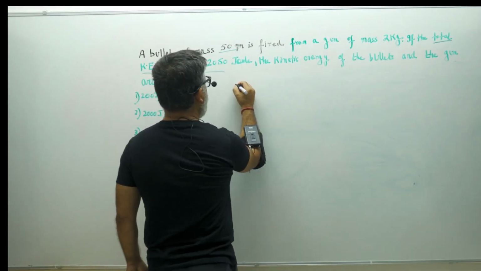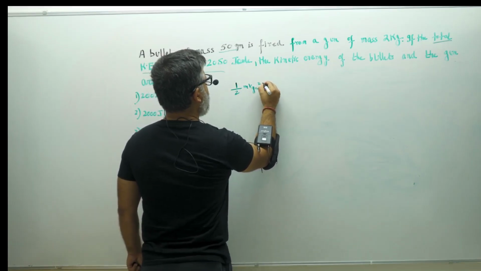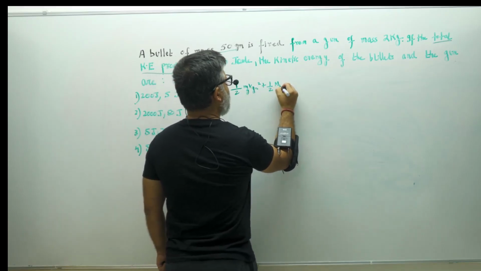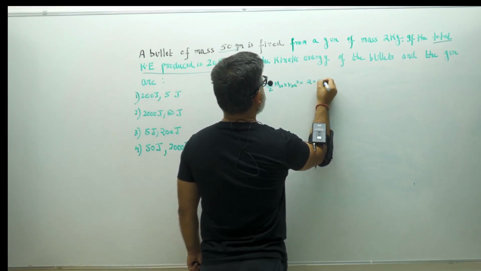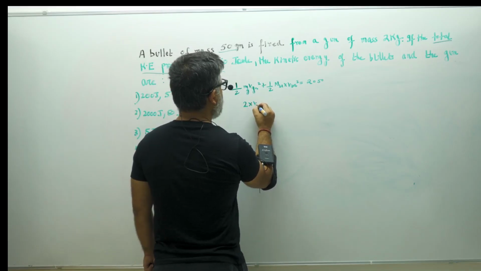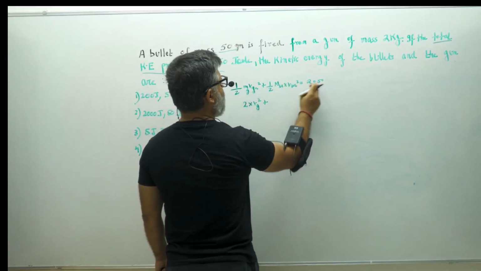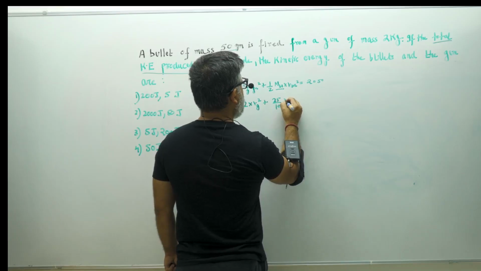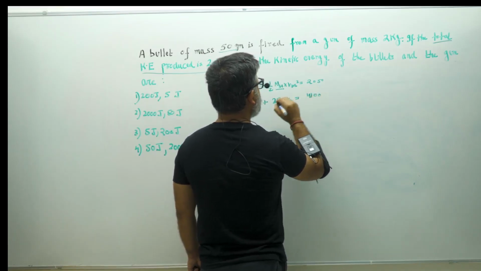2050. Okay, you had written half m v gun square plus half mass of the bullet into v bullet square is equal to 2050. So this half goes away. So mass of the gun is 2 kg. The velocity of the gun is not known. So I'm taking this 2 here. Okay, so this is mass of the bullet, which is 25 grams, multiplied by v bullet square is equal to 4100. Okay, so this becomes 4100.